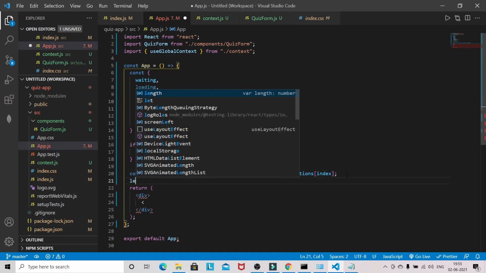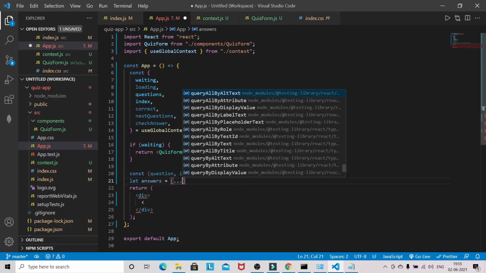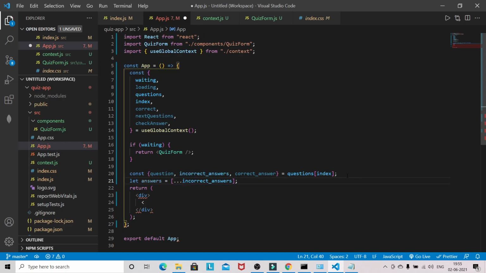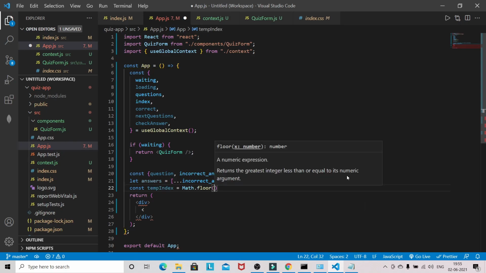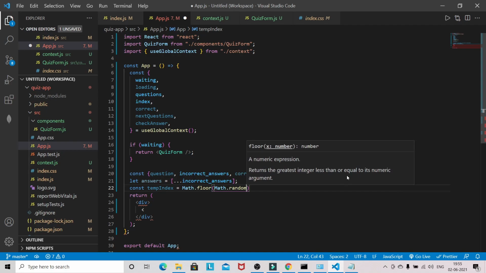Now let answers equal to, I will spread out incorrect answers, const temp index, math dot floor, math dot random into 4.